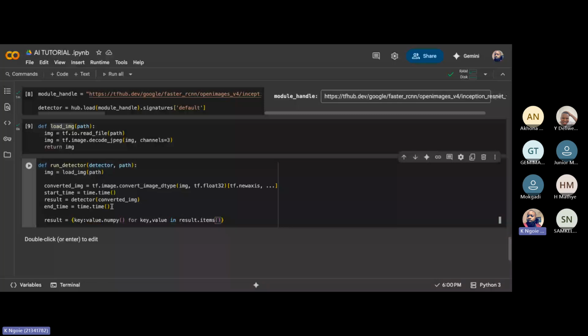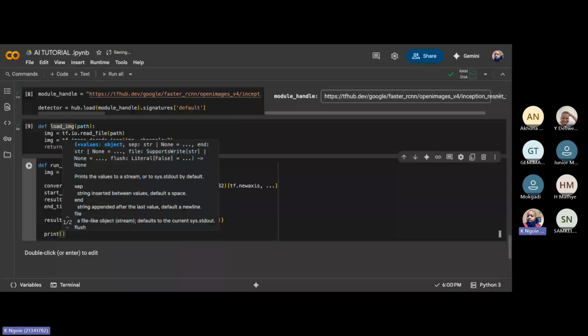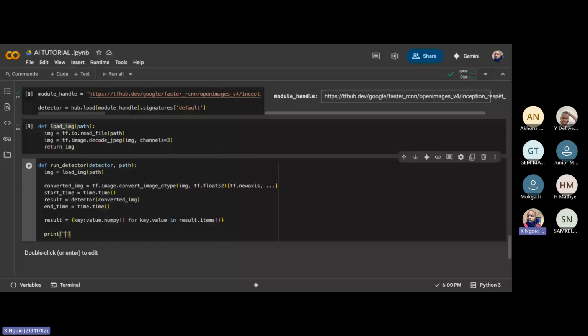Okay, now we have to show it. When we want to show, that means we're going to have two prints. Print in Python means that you are displaying, so output. So what we're going to say is something like, okay, maybe we found,